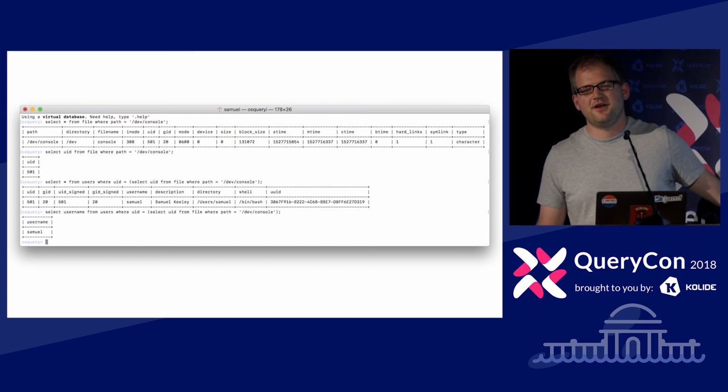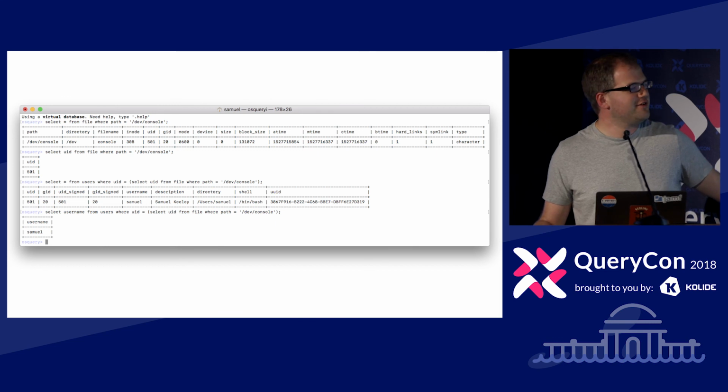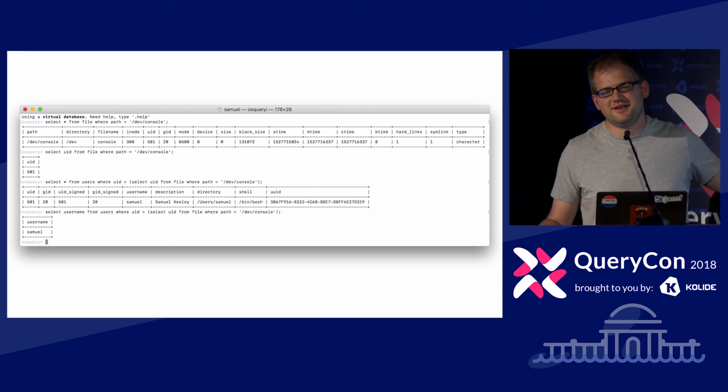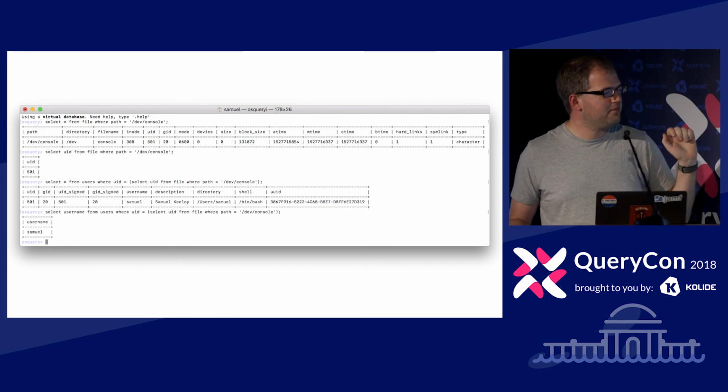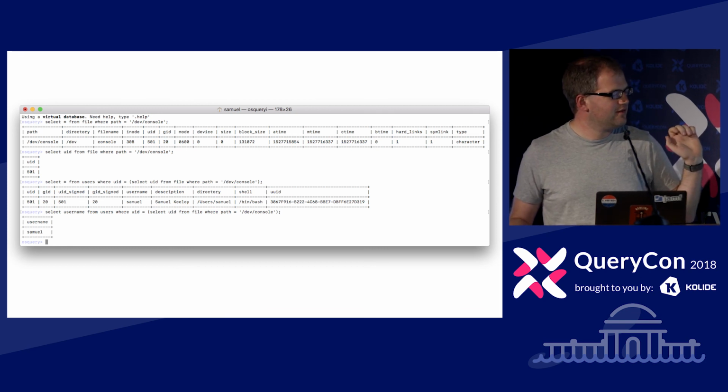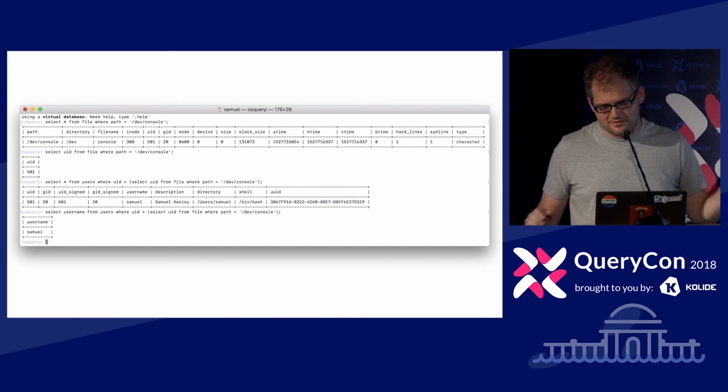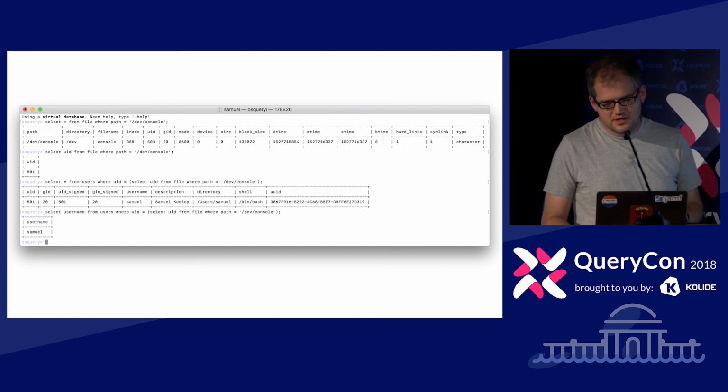Now all I really care about is the username, because I could have gotten the UID and the GID from the original query, but yeah, that's the power of doing that.